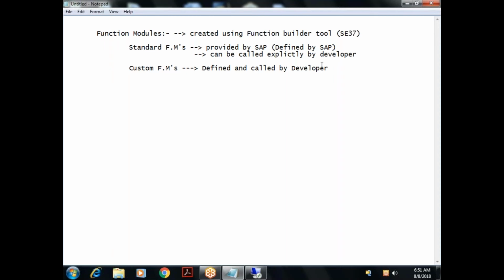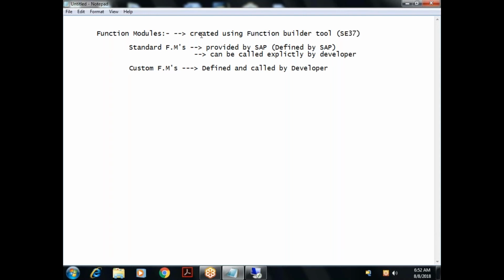Now we'll see how to create our own custom function modules and how to call them. After that, for the rest of the course, we'll be working with standard function modules given by SAP. So first, our agenda is to understand this function builder tool.